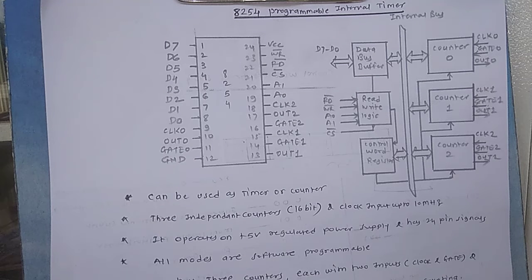One more advantage of interfacing the 8254 or 8253 programmable interval timer with the 8085 microprocessor is that you are assigning a dedicated utility for generating time delays as well as for counting events, rather than tying down your 8085 microprocessor in doing one-on-one operation only, that is tracking the count